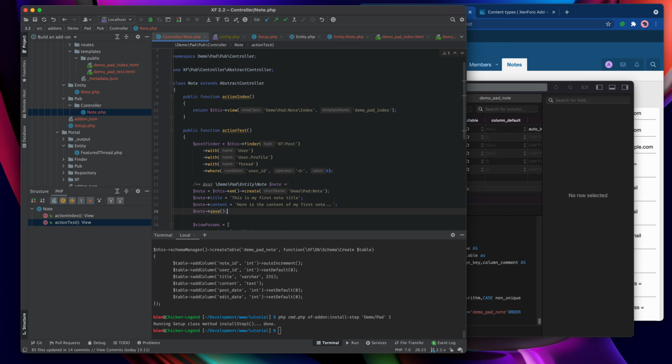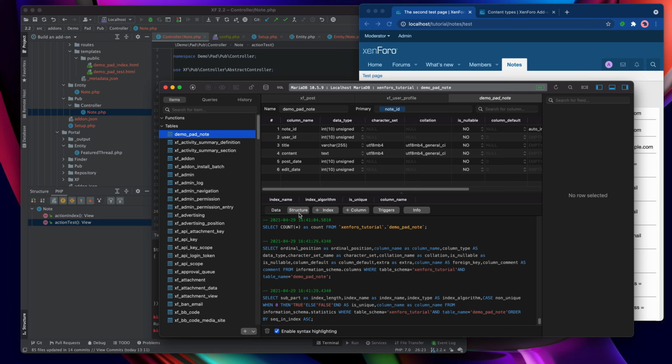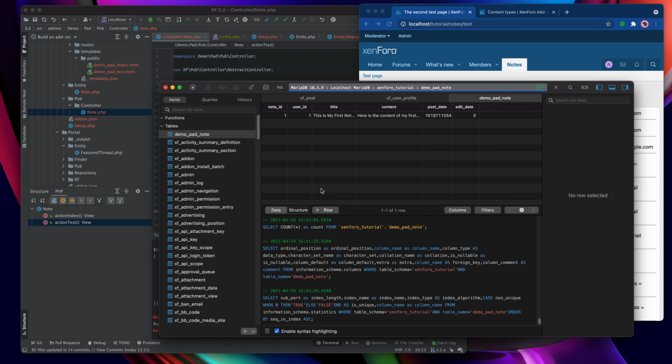So this is just a very basic save of a note entity. So let's go and refresh this here. And what we should find is that having executed all of that, we should be able to go into the data, and there it is. There's my first note. And we should take note at this point that the title has indeed been converted to title case.